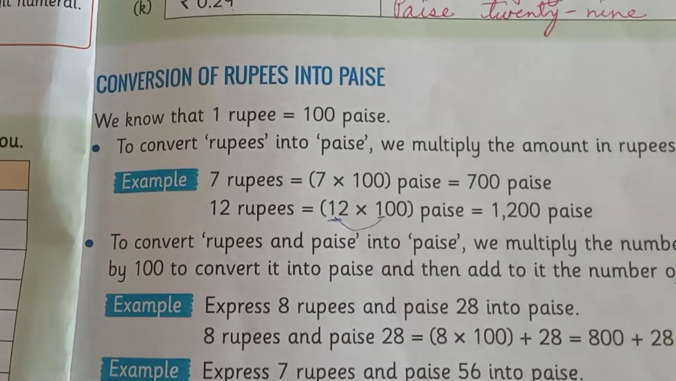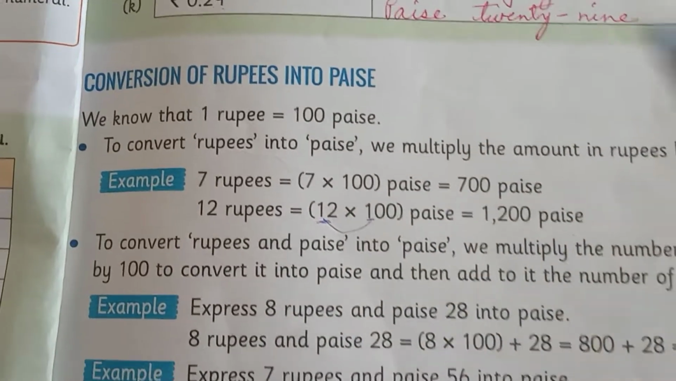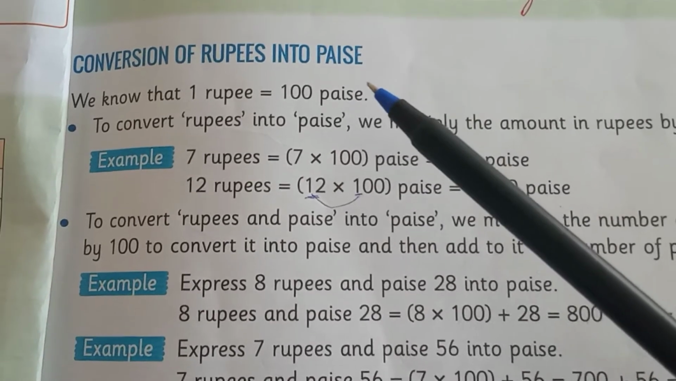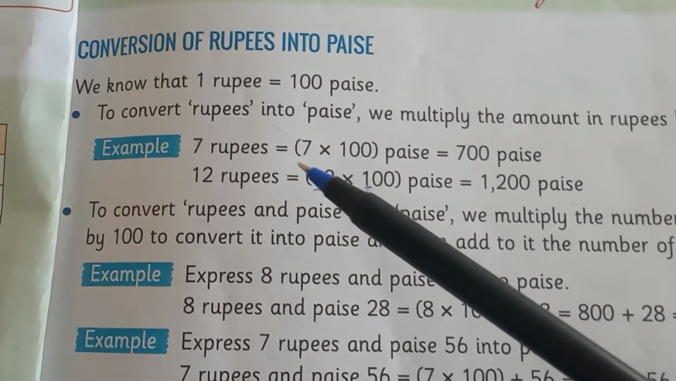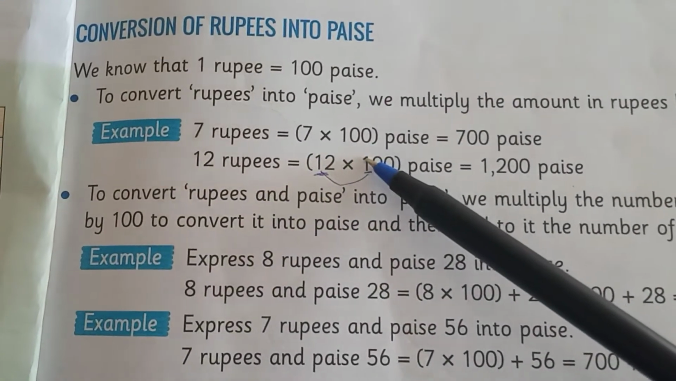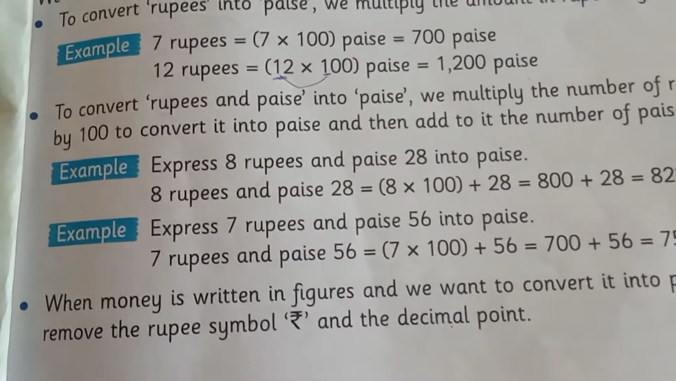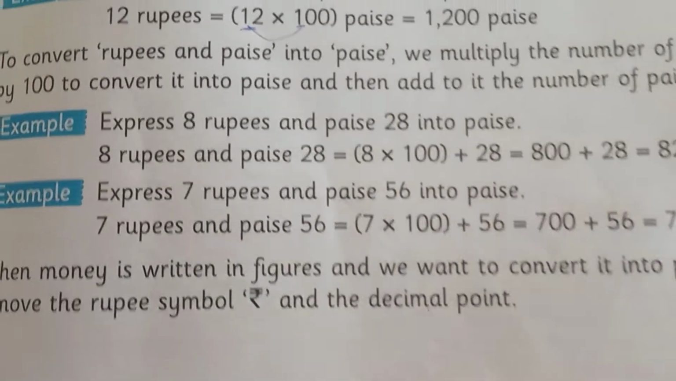In our last video, we had done conversion of rupees into paise. So, you remember now? To convert rupees into paise, we multiply the number of rupees by 100. And if the question is given in rupees and paise, we multiply the number of rupees by 100 and we